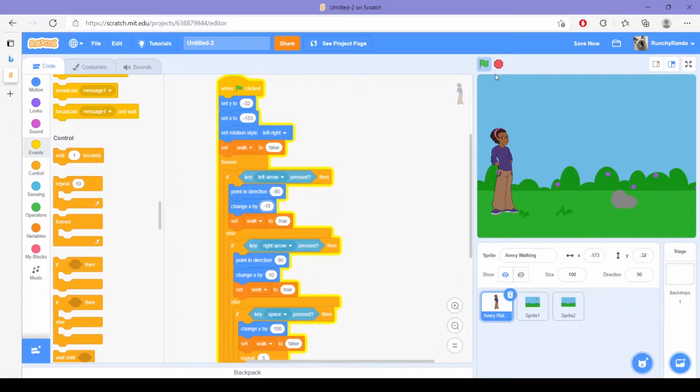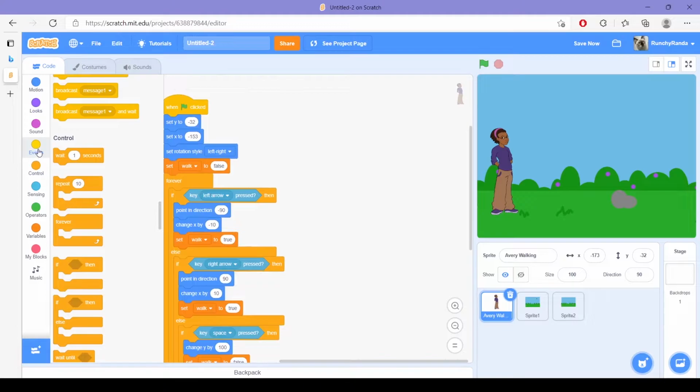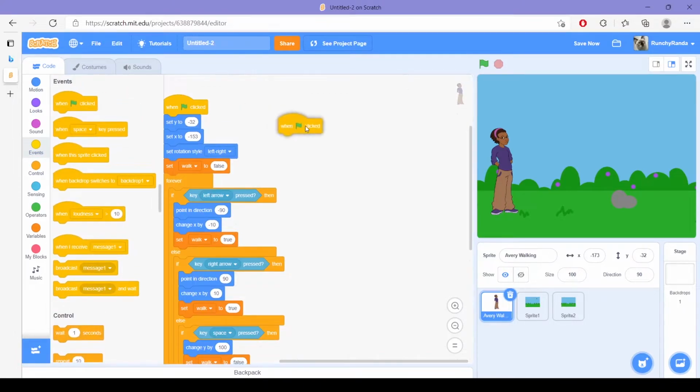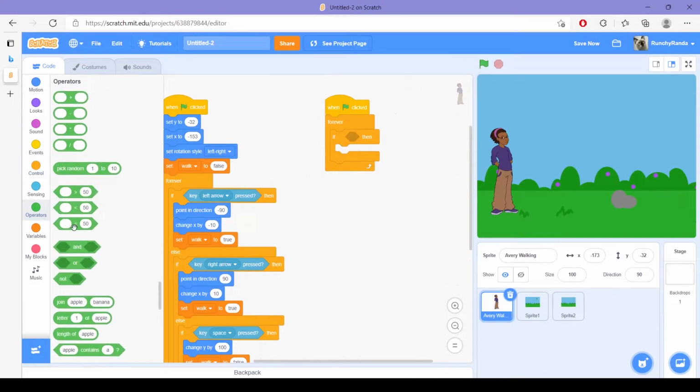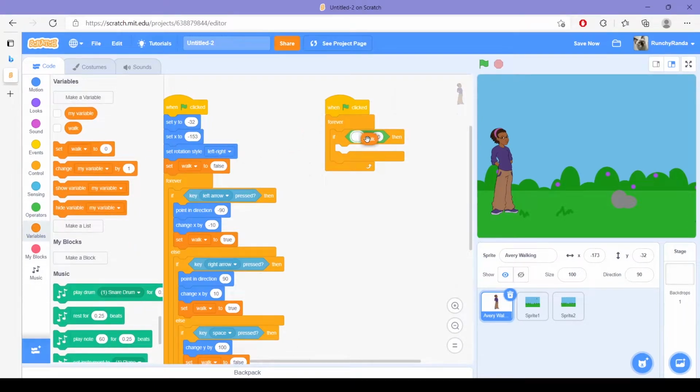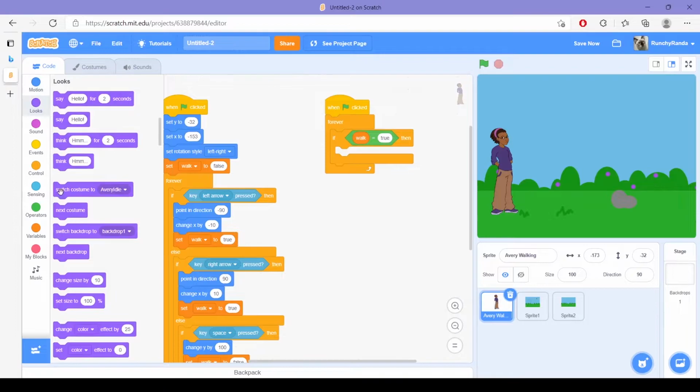Next, we are going to animate the movement of the character. Go to Event, choose when green flag is clicked. Go to Control, choose the forever loop, and if then, go to Operators, choose the equal diamond. In the variables, drag walk and make it equal to true, and then go to Looks, take the next costume,